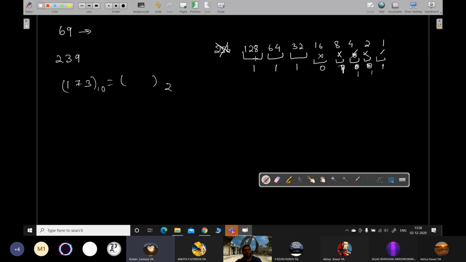What will happen? 128 is smaller than this, correct? We will not add 64, you cannot add 64. Then 32 can be added. Yes, 32 can be added. So 132. This will be 58, except 64, 16 and 2.